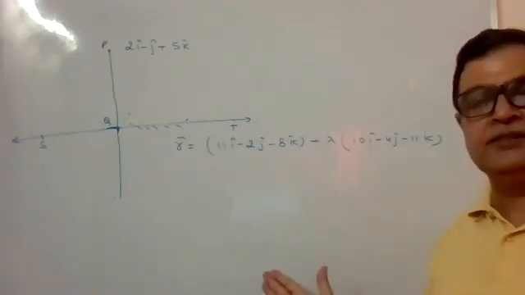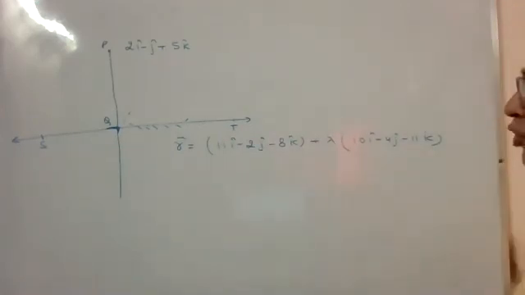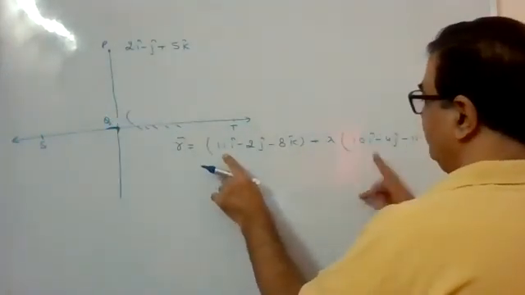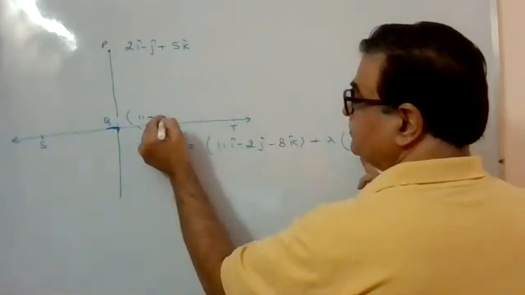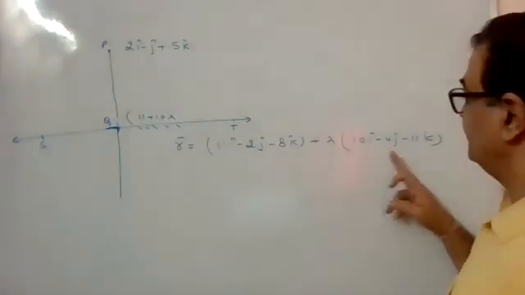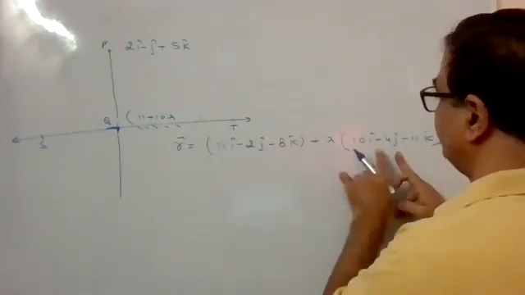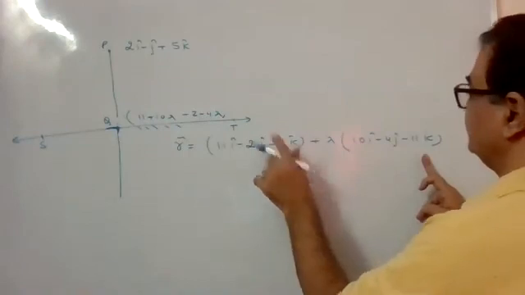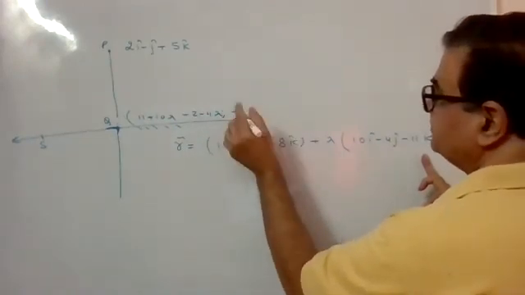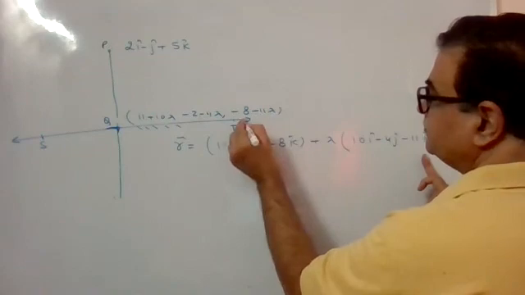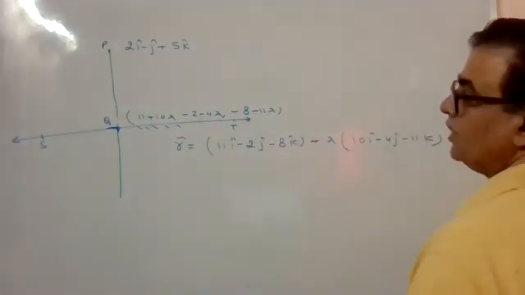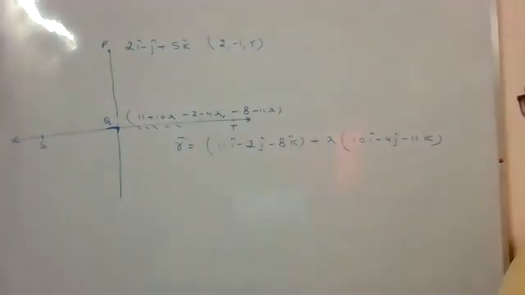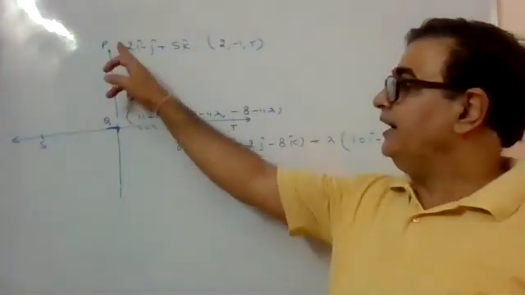The procedure remained the same, only we got vectors this time. So the point here, if you find it, you know what will come: 11 plus 10 lambda, then minus 2 minus 4 lambda, and the third one is minus 8 minus 11 lambda. And this point is already known, that is 2, minus 1 and 5. Then direction ratios